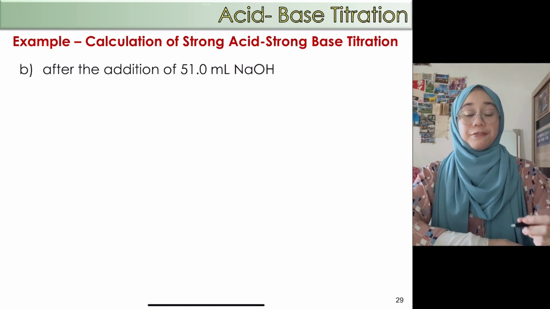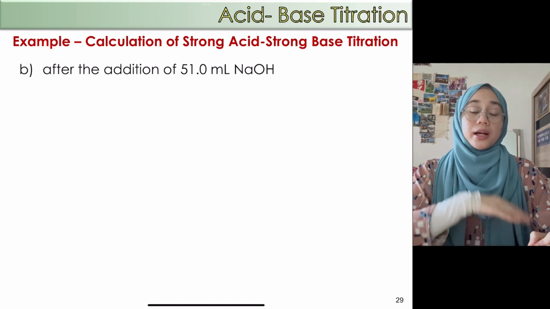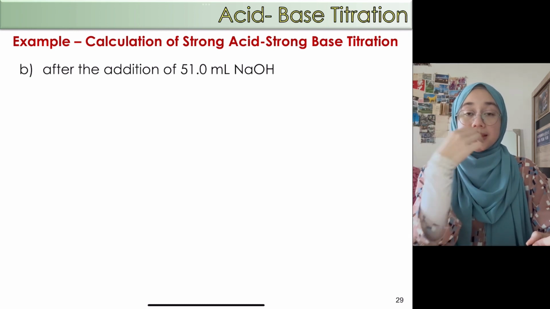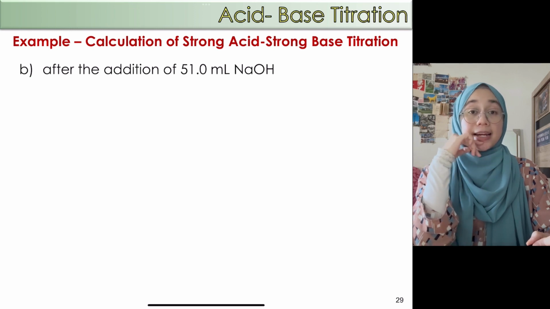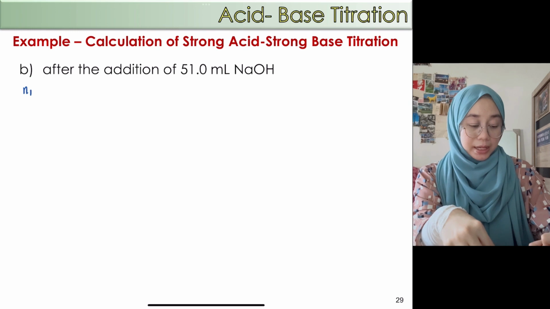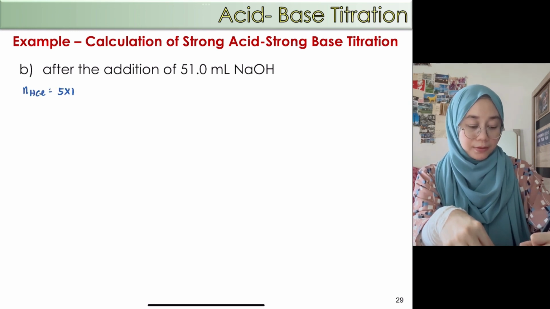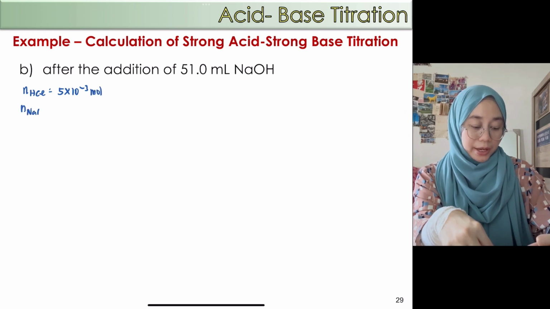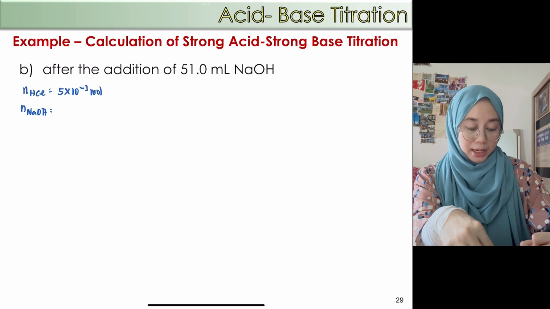After the addition of 51 ml of NaOH, the moles of HCl should also be calculated, but since we are using the same data given in the question initially, Miss won't calculate the moles of HCl again. From the previous question we already calculated it: 5 exponent negative 3 mole. Okay, so the moles of NaOH in this question is